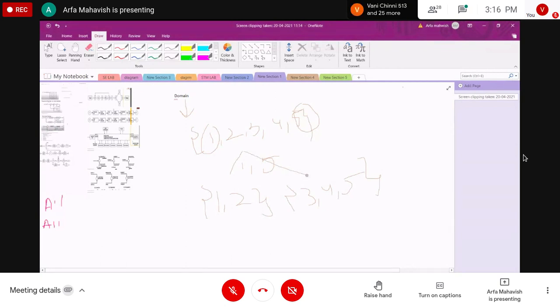If there is a domain, we have to predicate it, and by predicating we divide it into subdomains.